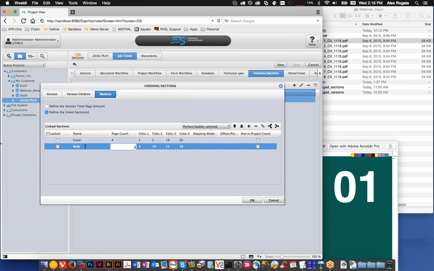And I'll have a body section that's 32 pages. So if I go ahead and create that, that would make a 36-page book with a 4-page cover and 32-page body. A few other things in here just to make clear what this would be doing: